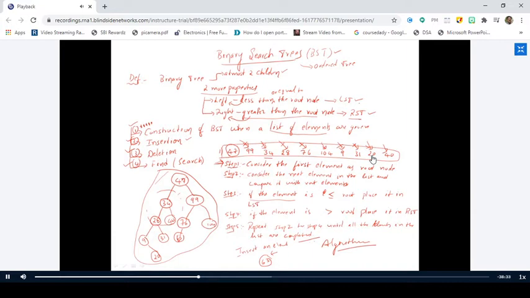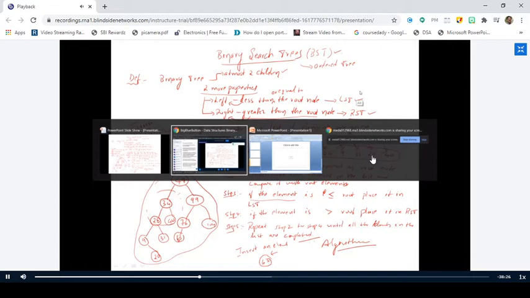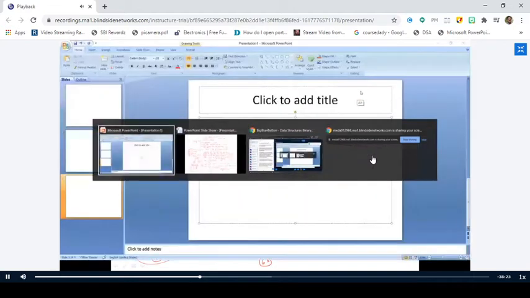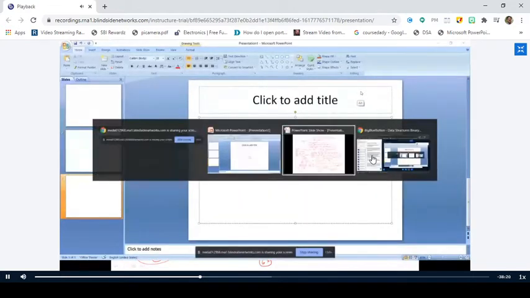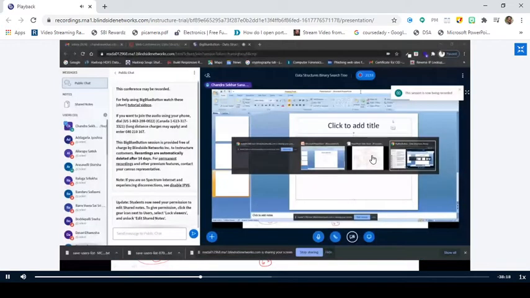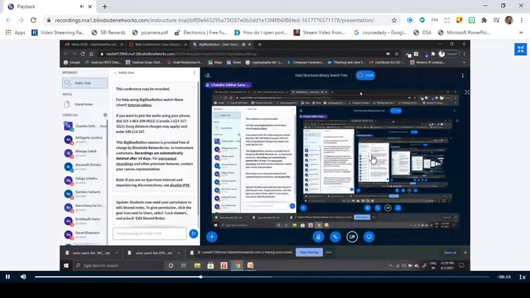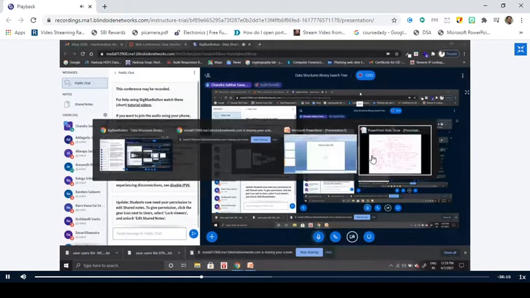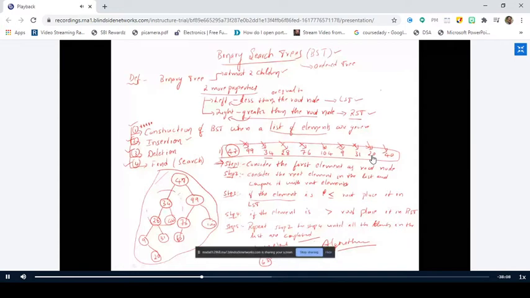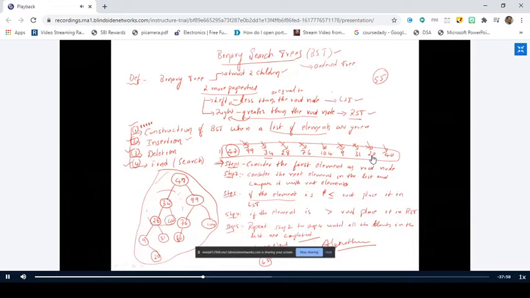Now tell me the process. Sai Lakshmi, you tell me the process of inserting 55 into the binary search tree. Yes, sir. It is compared with the root 47.